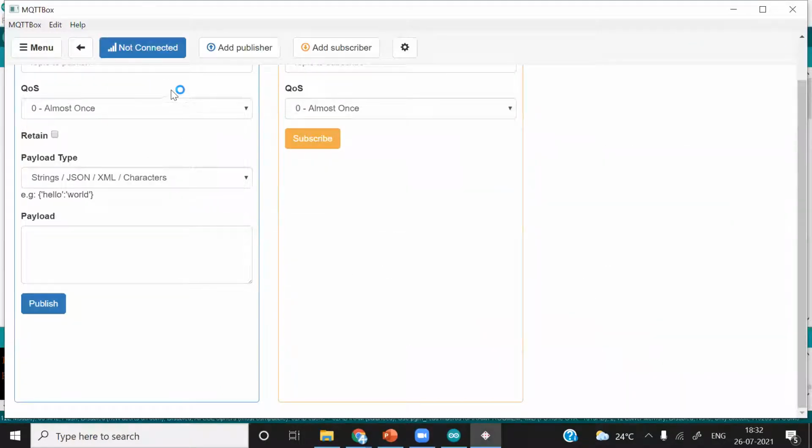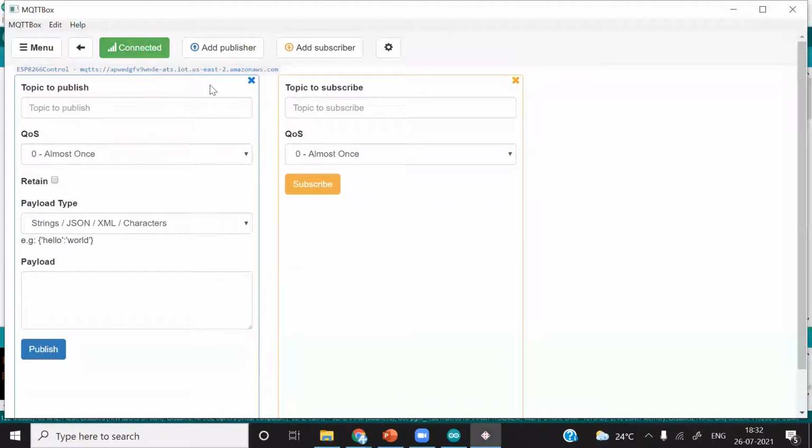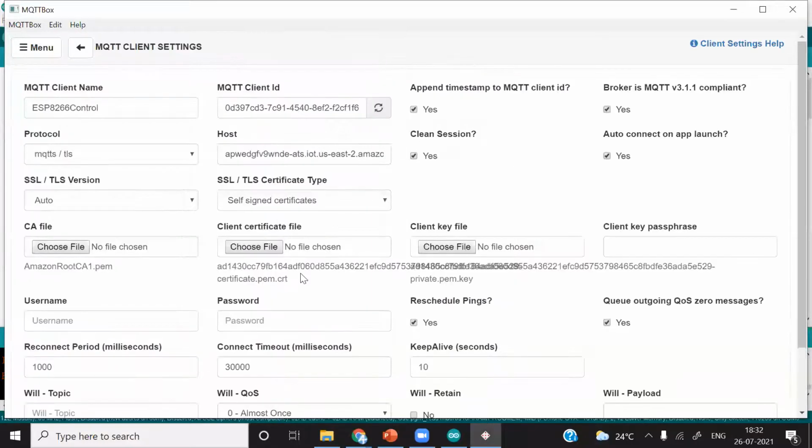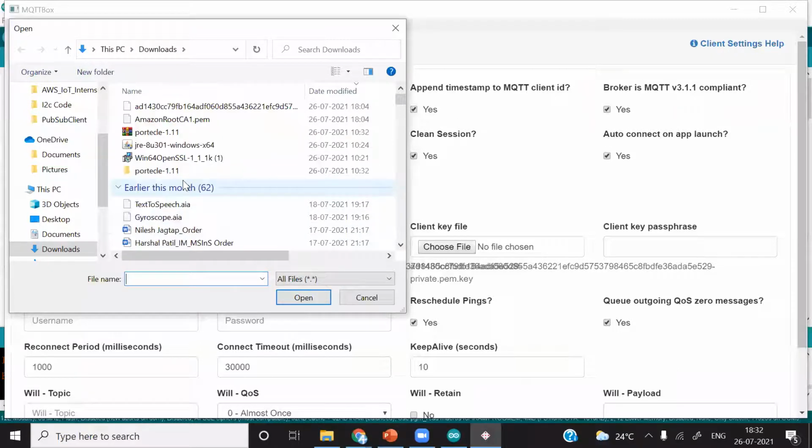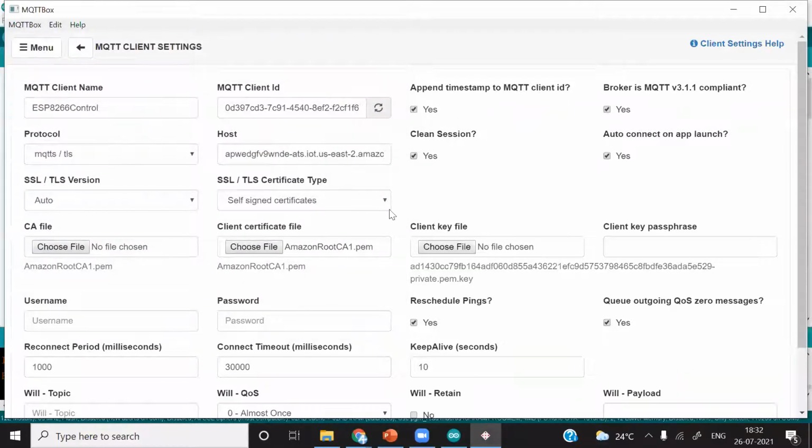If everything is correct, it will get connected with the MQTT broker, which is AWS IoT. Simply, what I will do, I will just remove this file, and I will just add this CA file over here to see what happens.